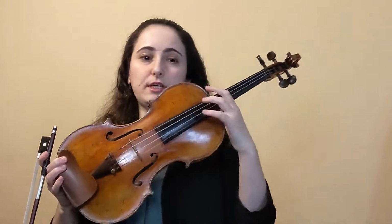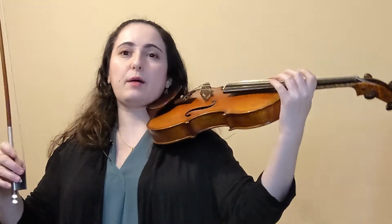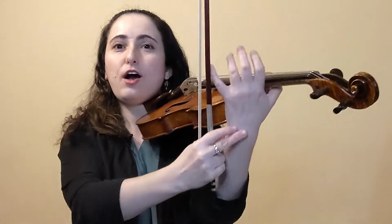All right. Okay, so now tip number 3 is attention to your posture. One very common tendency that happens as a result of having to get your elbow around is this bad habit of hunching forward like this. I think we've all been there. I've definitely caught myself doing it so many times. And if you're doing it in the middle of a piece, it's much more difficult to notice. Doing this is going to cause a lot of tightness in your shoulders, which will lead down to your arms,